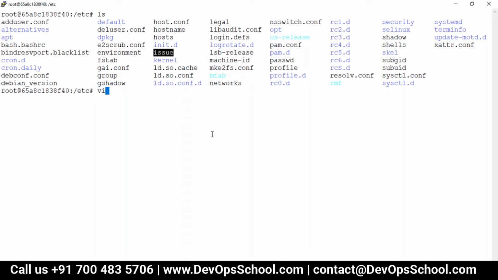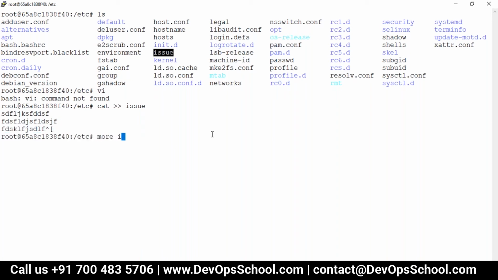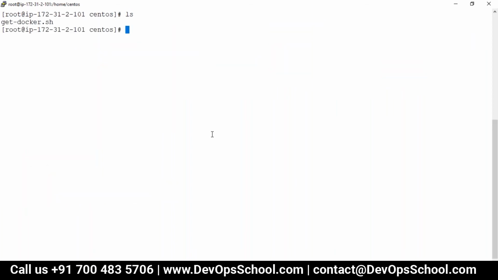The vi editor will not be there because these are very basic minimal images. So cat will be there. So using cat also we can change the file. So issue, and here it is. Now I will write something here, some dummy text, and Control D. I'll validate if that has been written or not. You see here, it has been written. So everything is done. Now I'll exit this. Oh no, I'll not exit because I'm already on PID 1. So Control P Q. Even if you exit, the diff command will work for it.